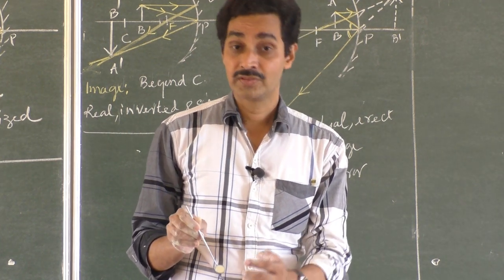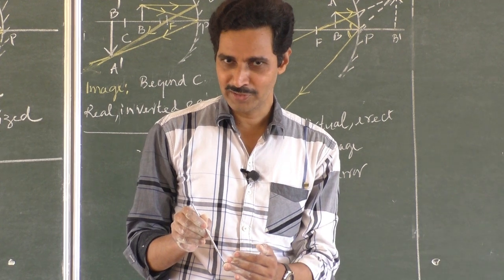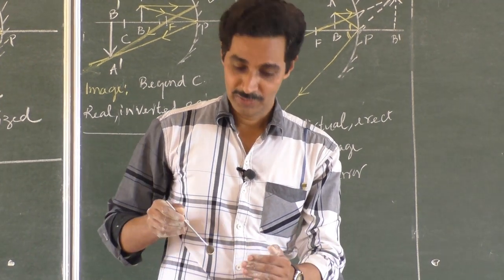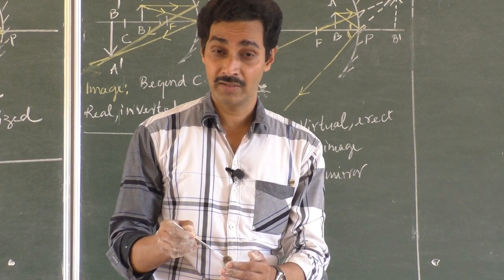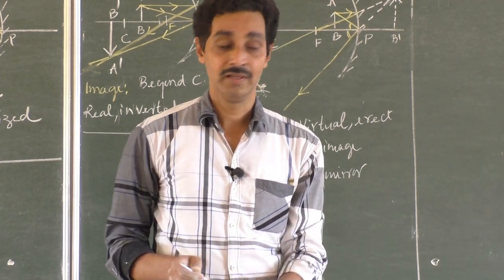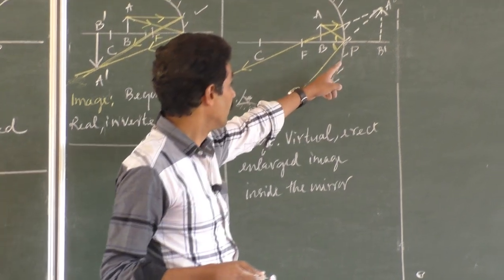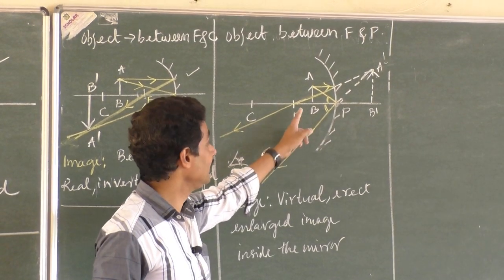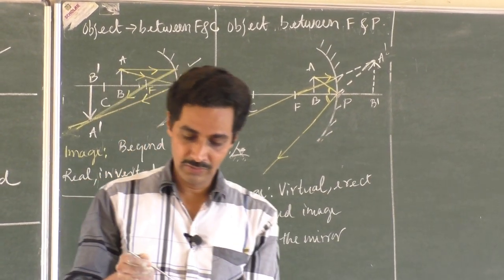Of course, teeth can't be brought, an object cannot be brought nearer the mirror. You have to bring the mirror near. However, it is already paining, you can't touch it at all. So bring the mirror closer to the teeth. When the mirror is brought closer to the teeth, so that the teeth lie within the focus, you will get the